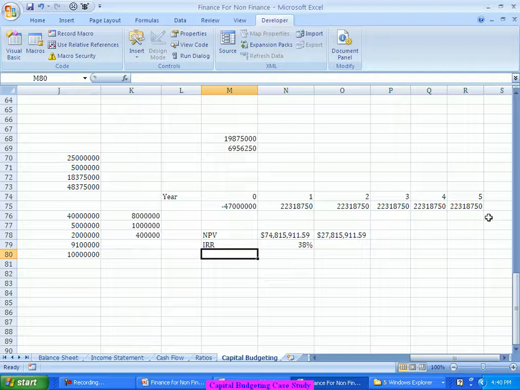Okay, I'll give you a better example. You are investing 10,000 rupees and I am telling you, you invest 10,000, I'll give you 20,000 after 1 year. Versus, there is one more investment. You invest 10 lakhs, I will give you 11 lakhs after 1 year. Which one will you prefer?